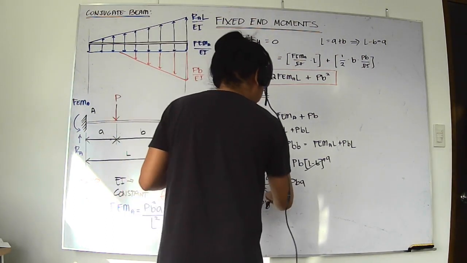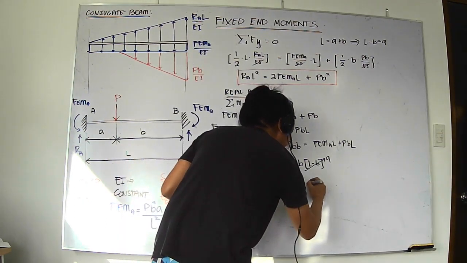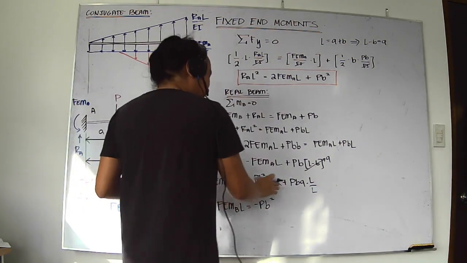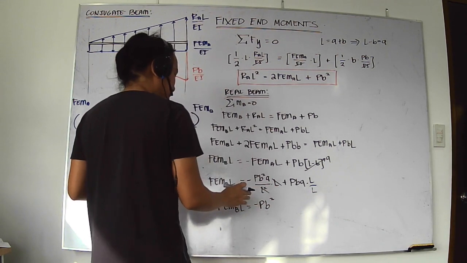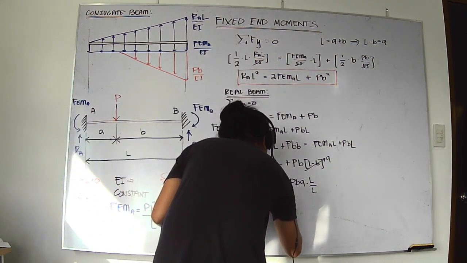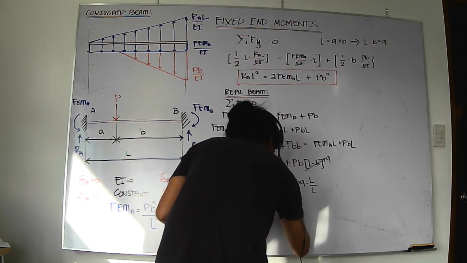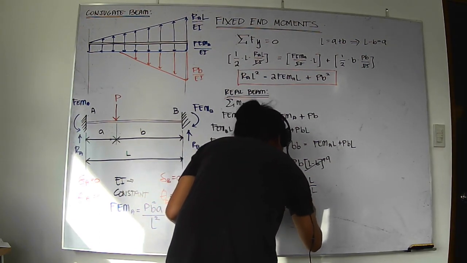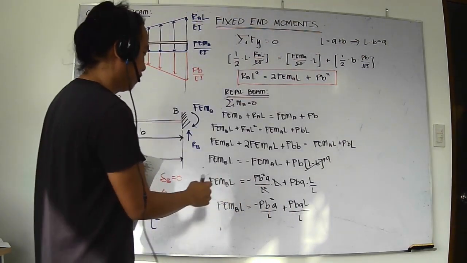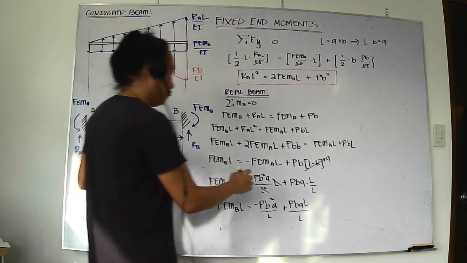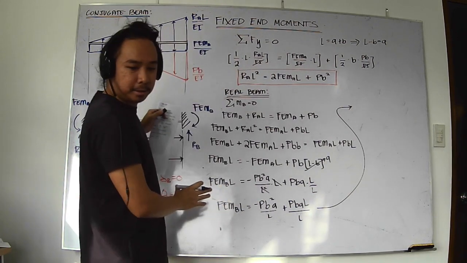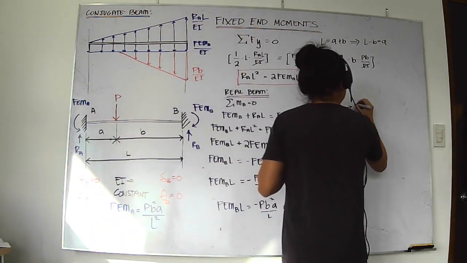Ako lang ni siya ikuan gusto na ko ni siya i-multiply by L over L. Oh, kung may doubt na na. Ay, basta lang mapaitan na to siya palusot ba? So, may tabuan ni siya negative PB squared A over L plus ko na ni siya PB AL over L. Diba? So, nga na siya. Ako din ni siyang i-kuan din. We can just play with this na dayon na kuan. Na equation. Ako ni siyang imundanig si FEMBL